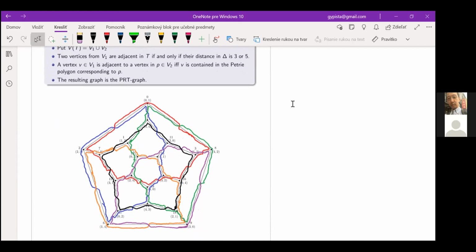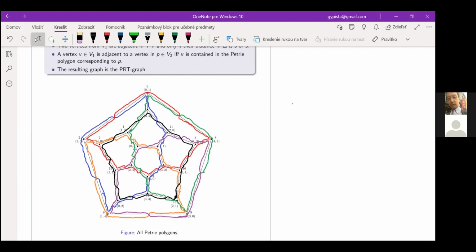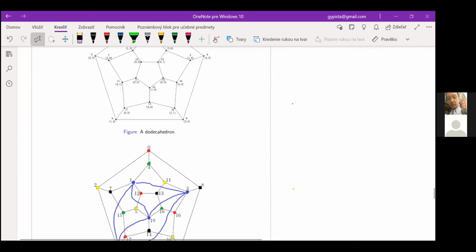You are obtaining Petrie polygons in such a manner; it is a term from combinatorial maps. Here you already see the decomposition into 6 polygons, but I think I will draw the same picture